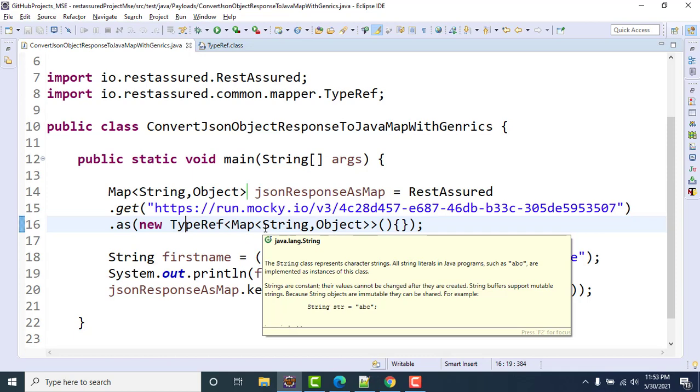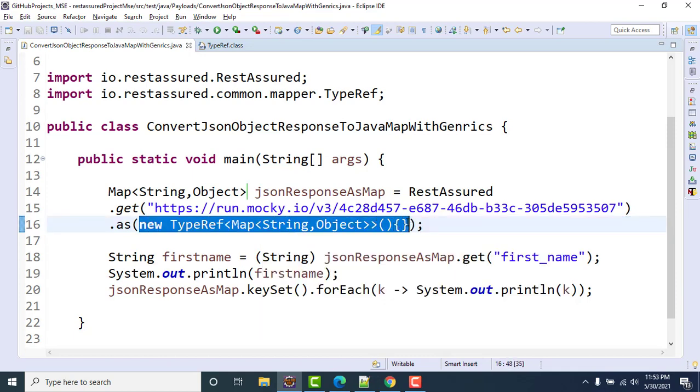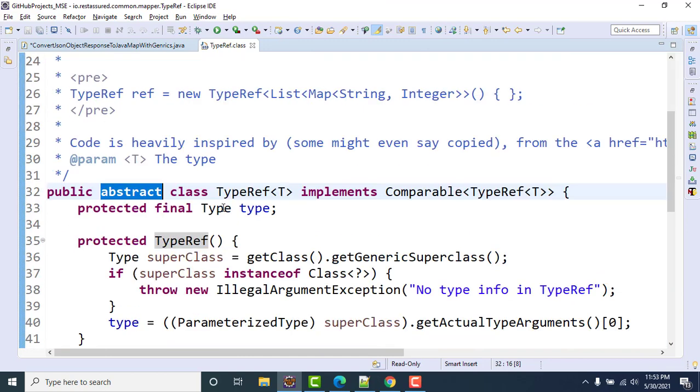This might be confusing for you, so let me rewrite the same line again. We know that to create a new object of a class, we need to use the new keyword and then the constructor. In an anonymous inner class you need to follow the same syntax, like new TypeReference. It is a generic class, where we need to pass the type.